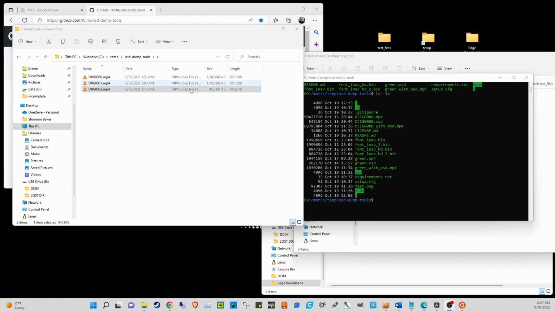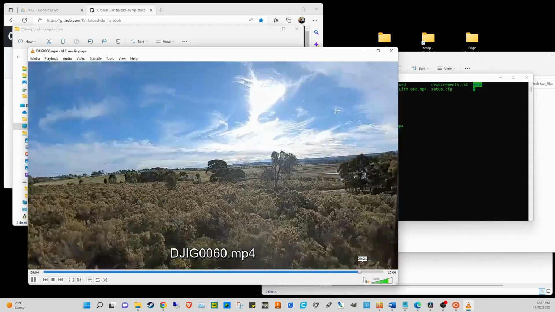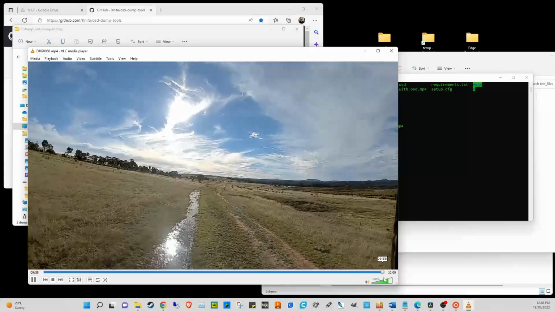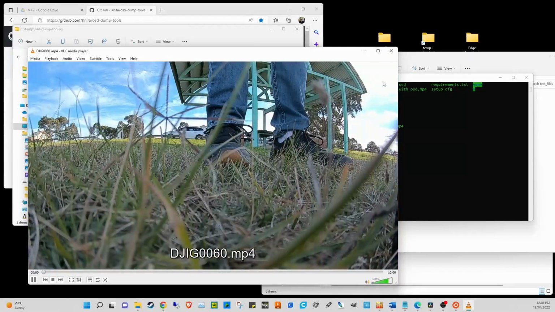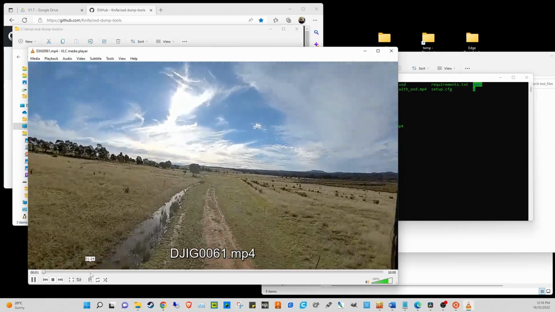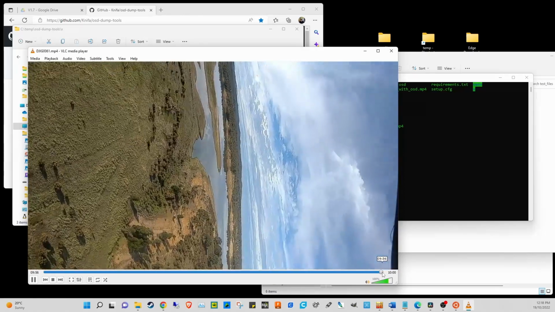Okay, so we have a complete flight of 22 minutes and 18 seconds when these are combined. I can open up each of those and you can see that right at the 10-minute mark here, we cut out flying over this fence here. The next one we pick up flying over that fence, and then we are, I guess we're doing a split